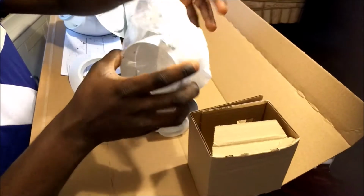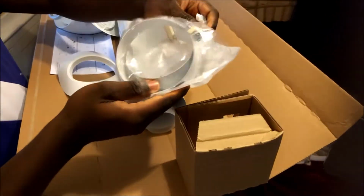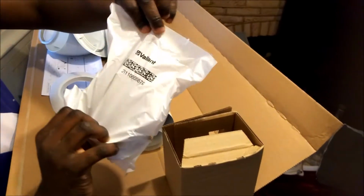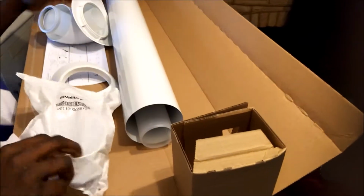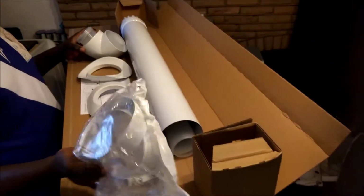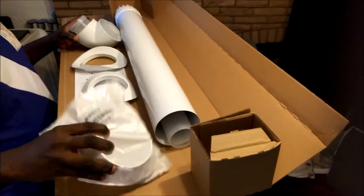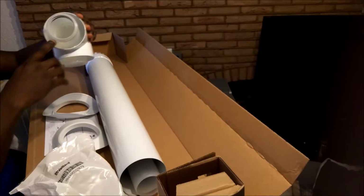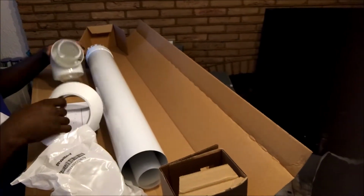This is some kind of tightening screw, and this is to hold the hose or the pipe together or somewhere, something like that. And that is all we've got inside this box. As you can see, we've got these two. We've got the pipe, we've got the tightening belts, and the cold pipe as well, just to make it probably